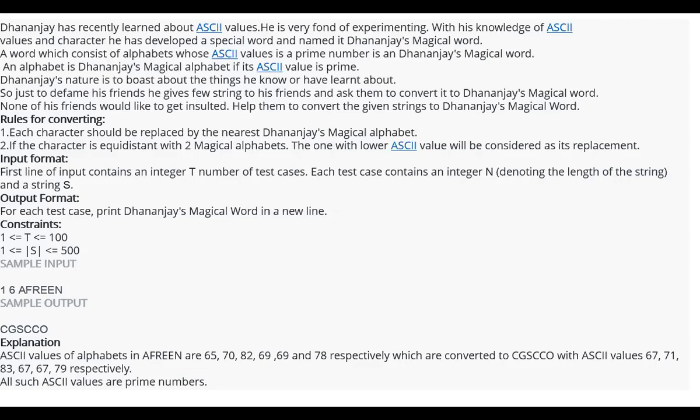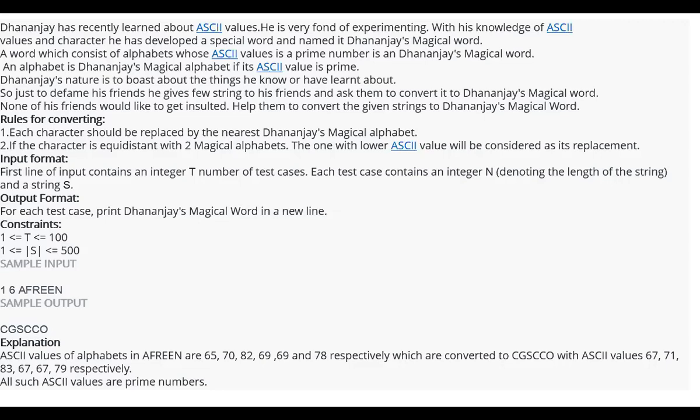Okay, we'll see an example to make it clearer. If a particular word is given and it comprises five characters, and out of those five characters three are non-prime, then we have to convert those three into prime ones, and that will be Dhananjay's magical word.